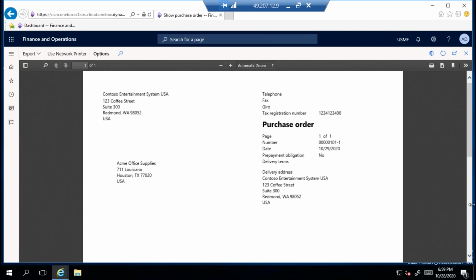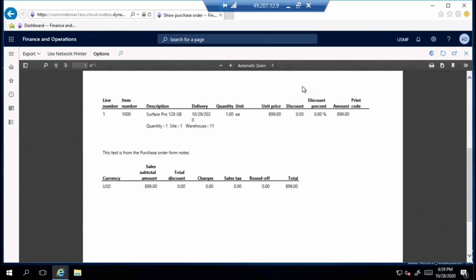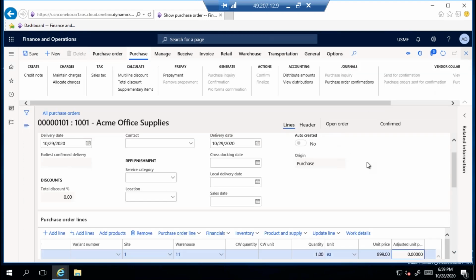Okay, this is a print format. So if you want, you can take the printout and send it by email. In olden days, it was like sending a courier, or informing through phone, but now you can send this file by email. So you can save this file and send this information to your vendor. Okay, so it is confirmed.